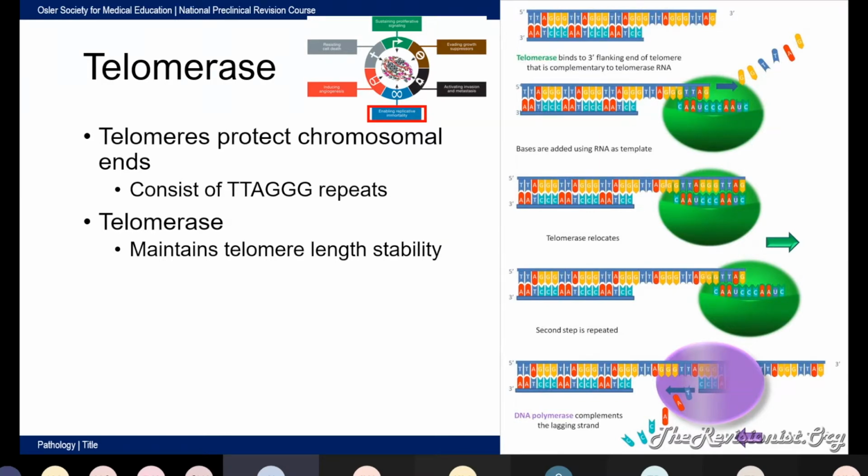This is in part needed because the mechanism of DNA polymerase prevents complete DNA replication to the end of the chromosome at every round of replication. So incomplete replication of the chromosome end occurs. And telomeres consist of non-coding DNA, so 6 nucleotide sequence repeats. In normal somatic cells, telomeres progressively shorten throughout life with each cell replication, and eventually the telomere loses the ability to protect the ends of the chromosomal DNA, and the cell stops dividing